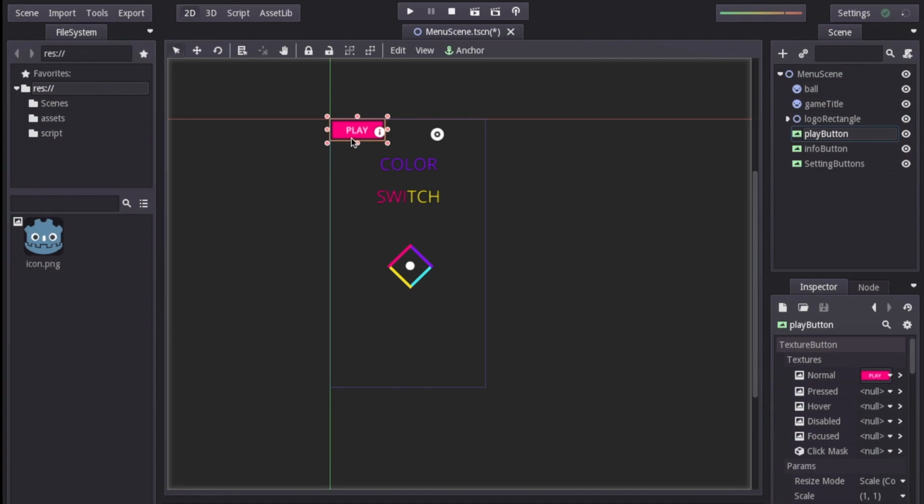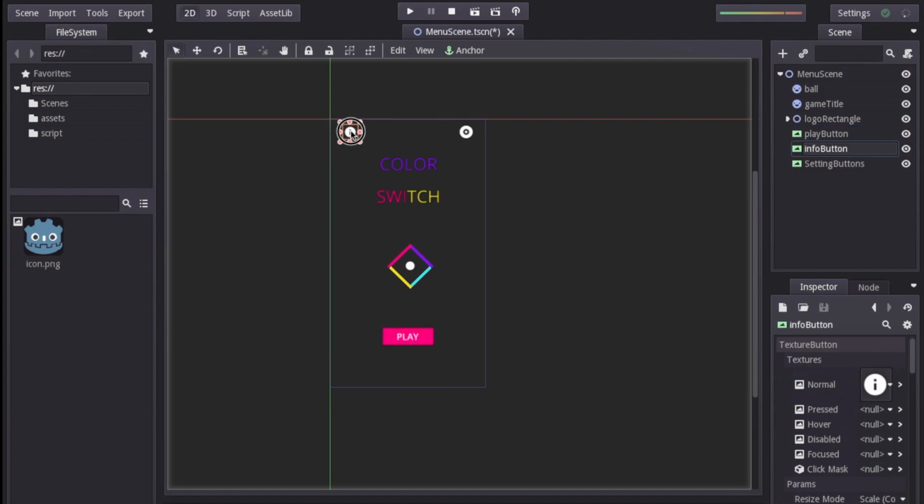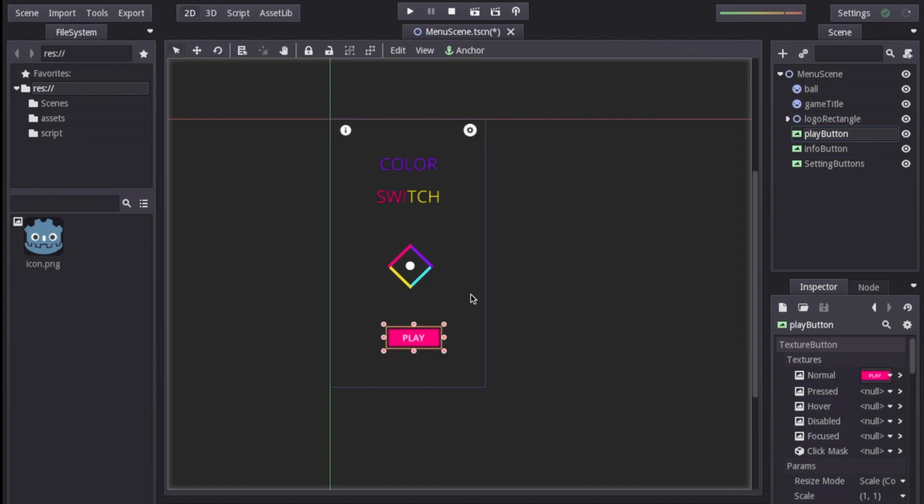After adding the 3 nodes, we also need to position the nodes into the screen. Now you can easily do that. You just can drag it up to the position where you want it. Alright, now from here we also want, when the play button is pressed, we switch from the menu scene to